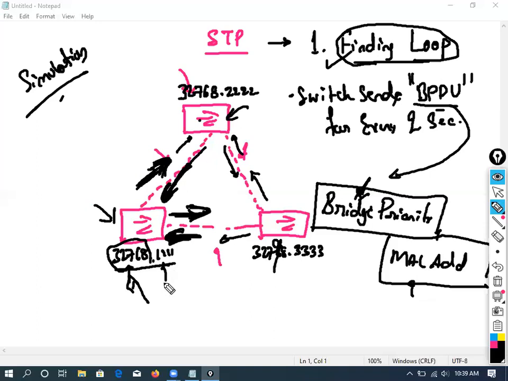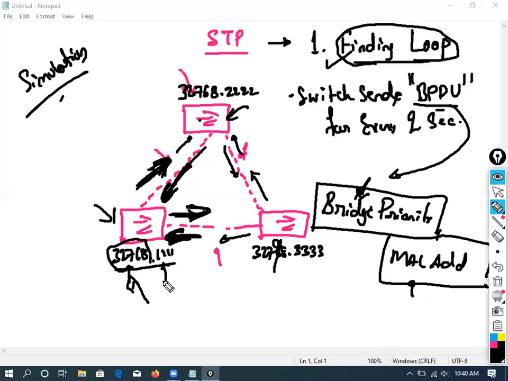So using the MAC address is going to identify that we can have a loop format. This BPDU that it is sending, is that only giving the initial information? It keeps sending every 2 seconds. Yes, it keeps it. Now in this case, which loop, that means which switch, will avoid it?